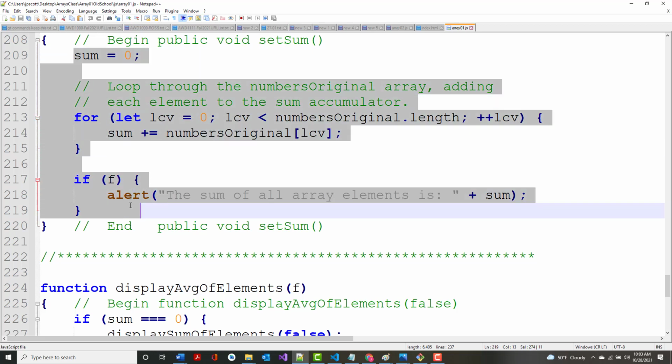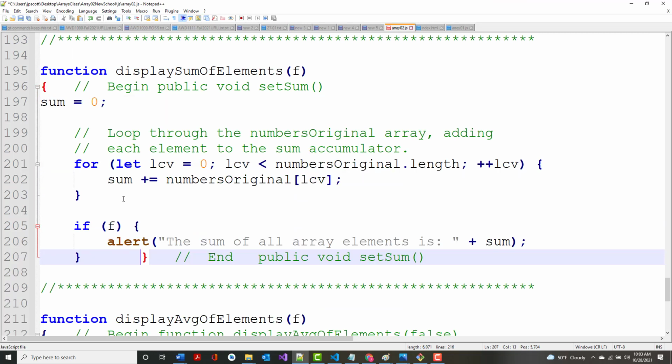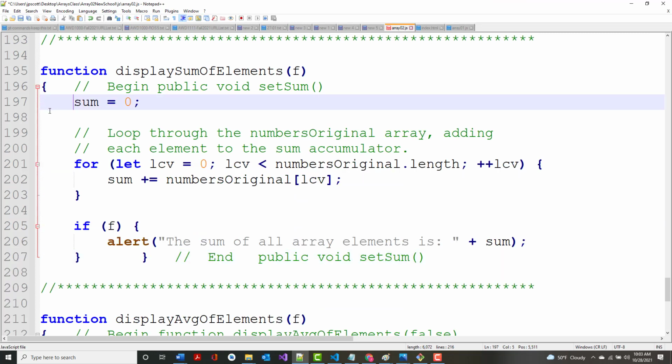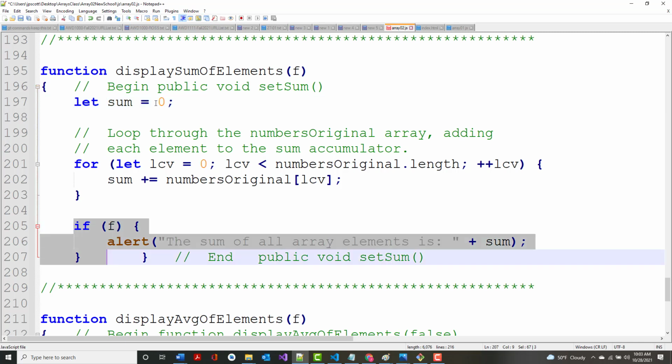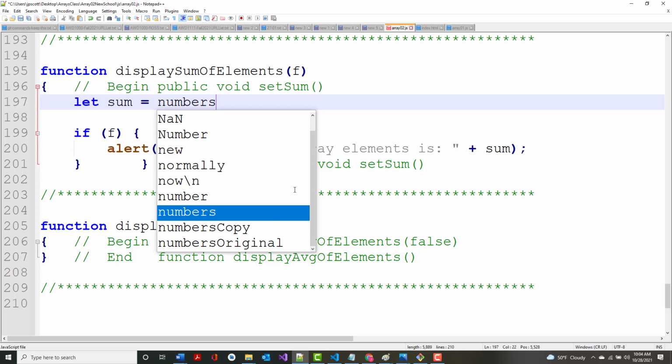What I'm going to do for now is copy it over, but I'm going to remove some and change some of the stuff. With me? All right, so I'm just going to grab it and copy it just so I've got something in there. And I'm going to say let here, because that would have been a better idea anyway. But just so you know what I can do, I'm going to leave that if statement in there, but I'm going to remove everything that's here. And I'm going to do it all in one line of code. All right? And I'm going to put in let sum equals,